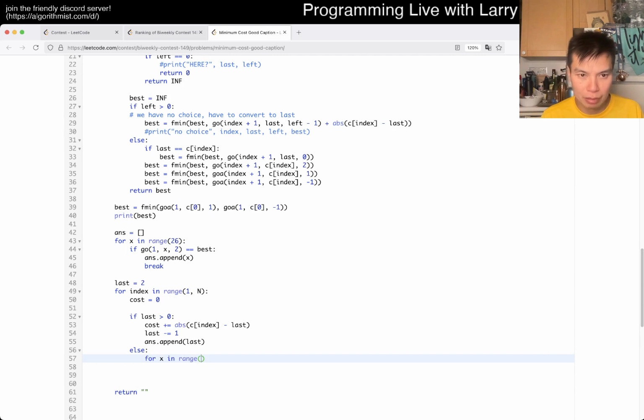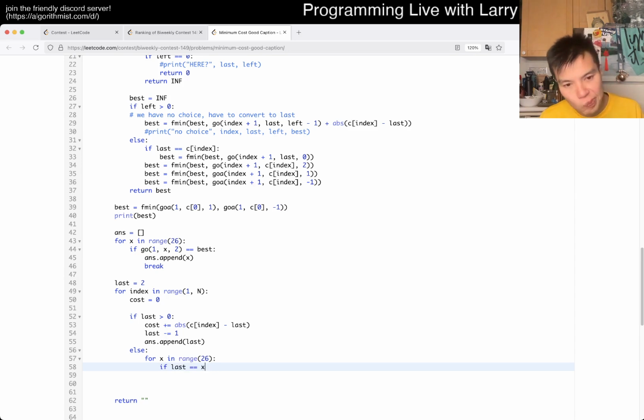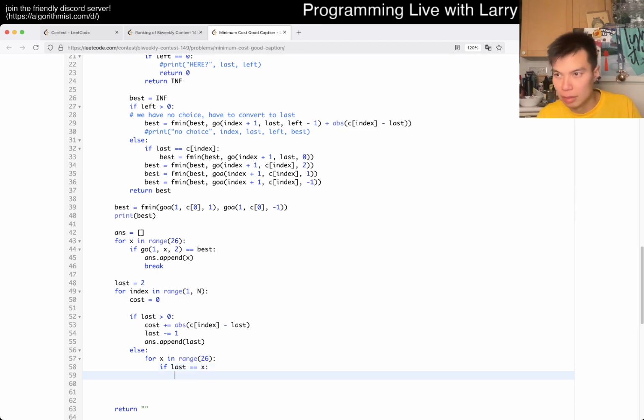You can't just go by order. Okay, so 26, right? So if last is equal to X, then what happens? Last equal to X, then we can